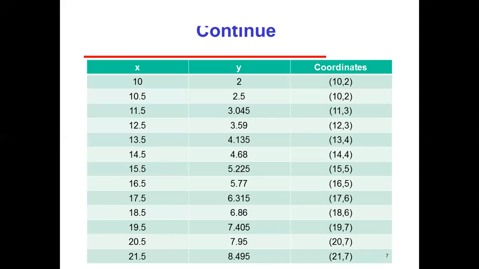Okay, and now ultimately at the end we will form a table. Now you can see the initial coordinate point is x equal to 10 and y equal to 2, so this will be 10 comma 2. Here we are adding 0.5 to both, because in this case we will also truncate the value, and whenever we do the truncation, it will affect the whole algorithm. That's why we add 0.5 initially to both values to avoid the truncation.